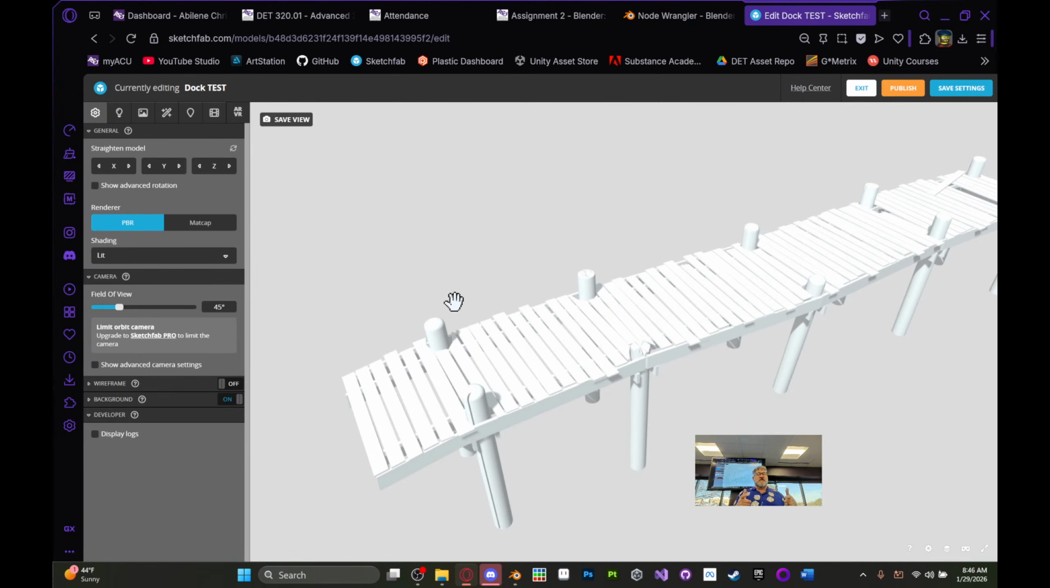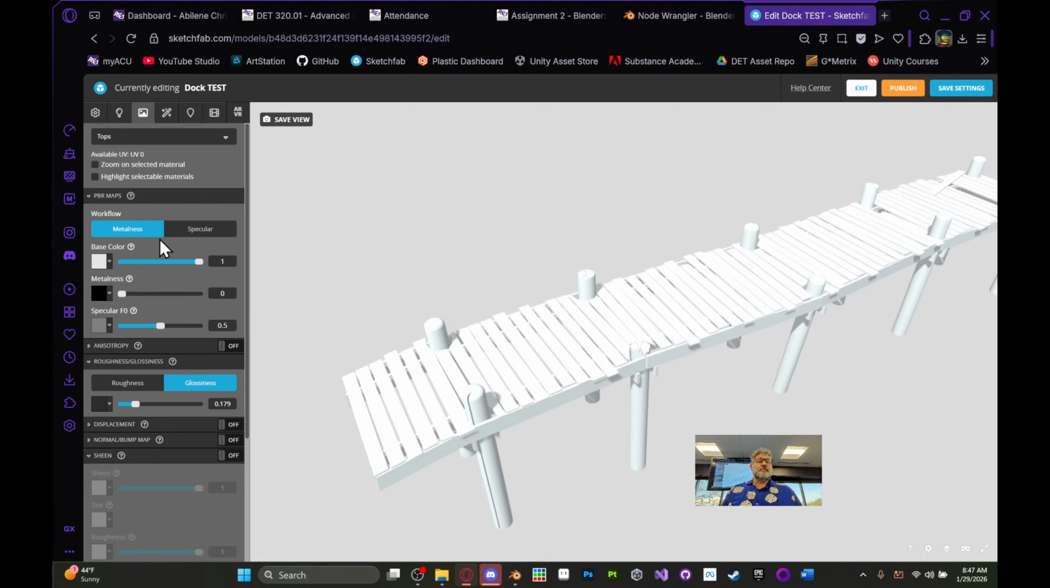that I exported. So this one I did in Substance Painter as well, so I've got the materials and stuff all set up. And so instead of Node Wrangler in Blender, I'm going to try to retexture it here in Sketchfab, which can be done. All right, so let's start with planks. So these are my material slots that have literally nothing on them in this FBX, but